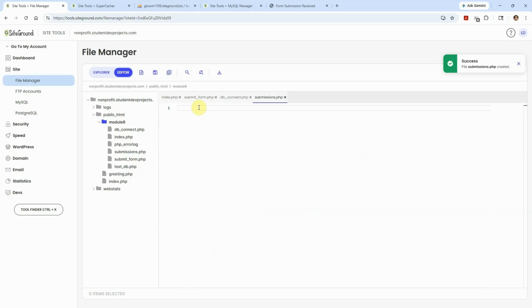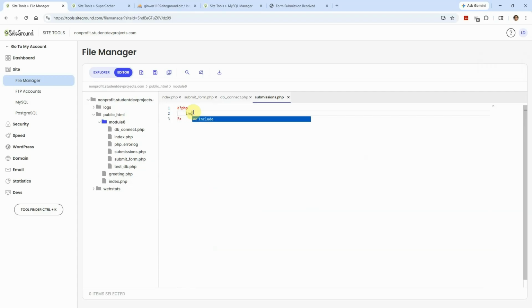The first thing, besides our PHP tags, is I want to include that same database connection file that we've been using, the DB Connect. So I'm going to say include DB Connect PHP. This is one reason why it's so useful to keep your database connection in a